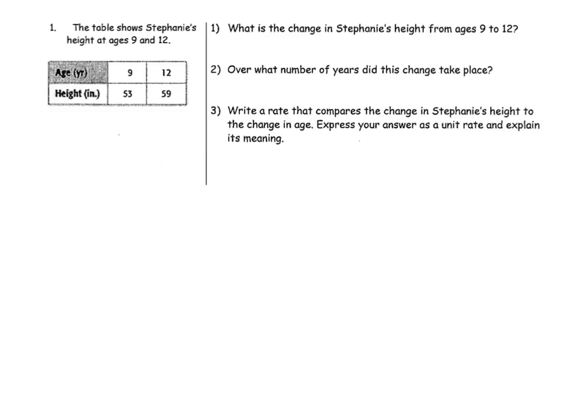So, number one, the table shows Stephanie's height at ages 9 and 12. What is the change in Stephanie's height from ages 9 to 12? Okay, so how is it changing? Her height goes up by 6 inches, okay? So it's increasing. It's positive. So she grows